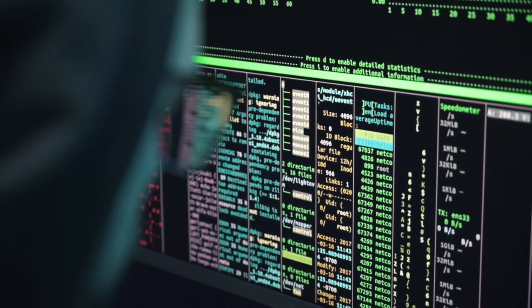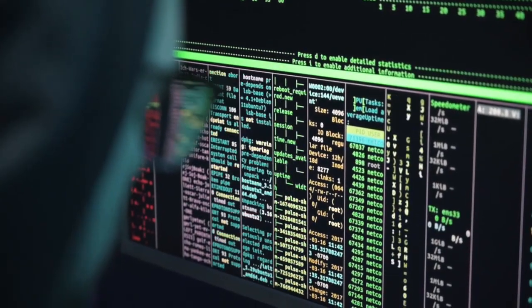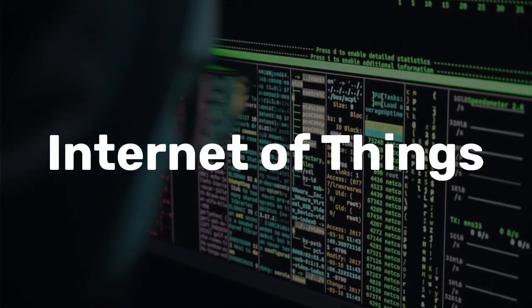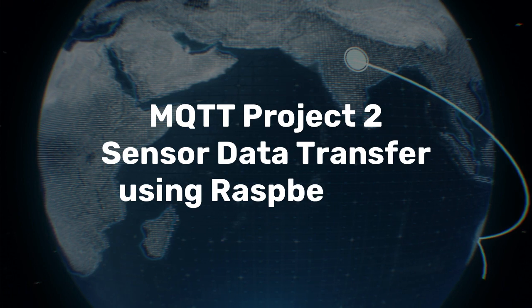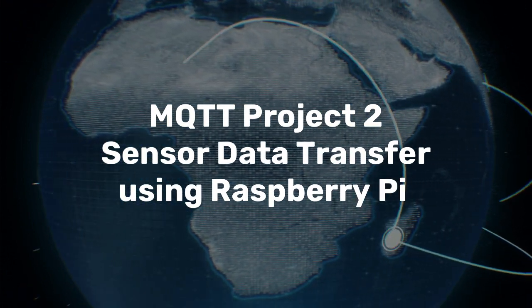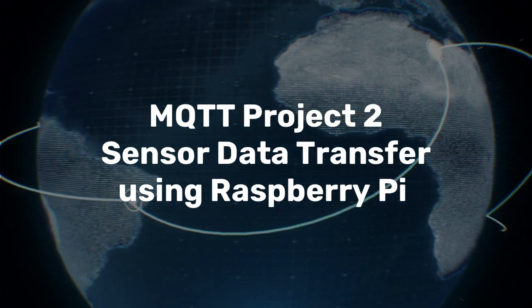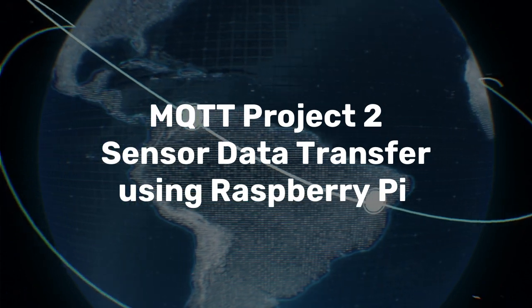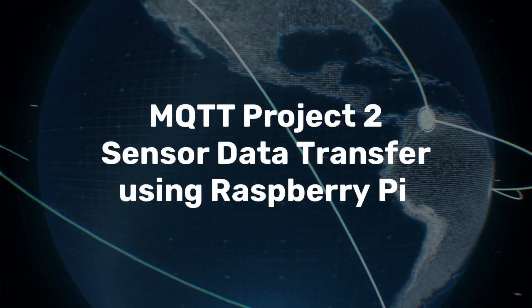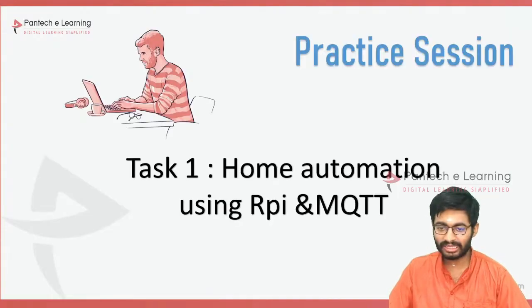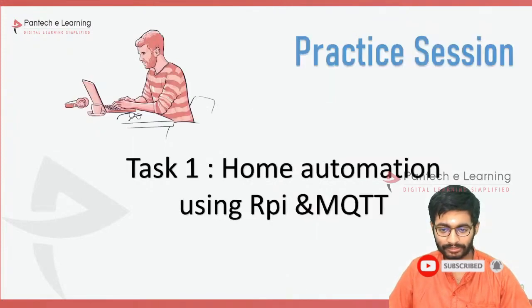Particular kind of a system is nothing but known as the IoT, the Internet of Things. Receive the data onto our mobile phone. So that will be our first task today with the help of MQTT. So for that,